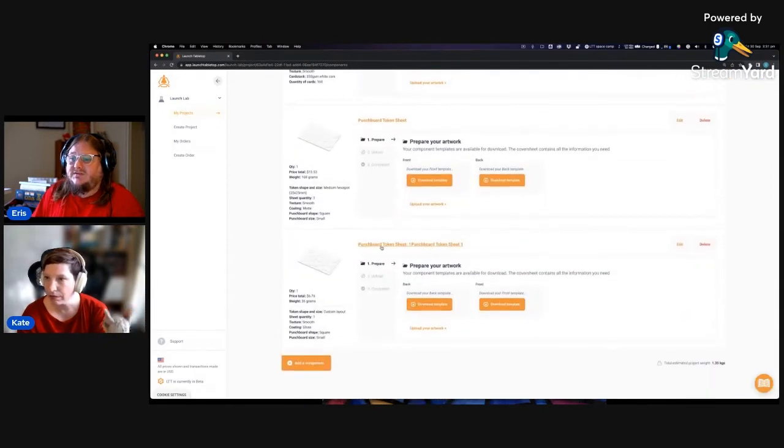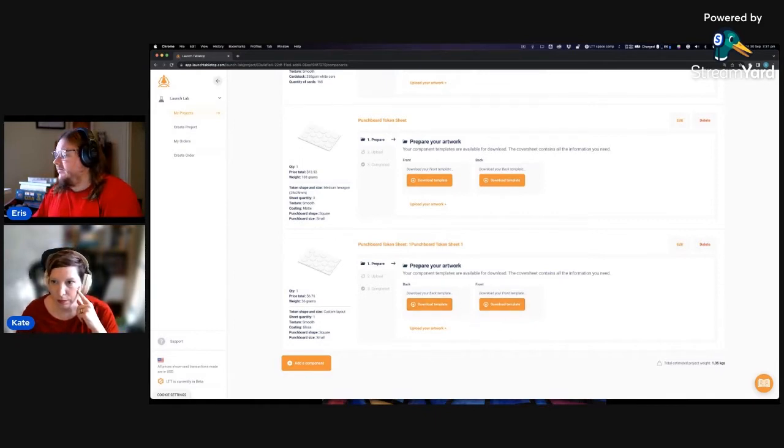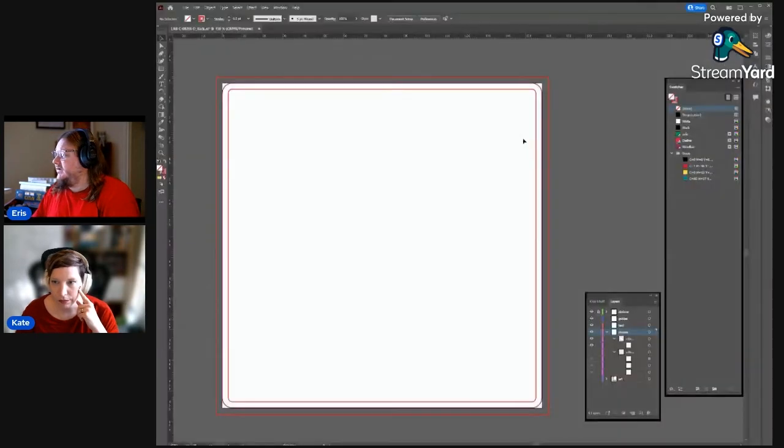It will generate the template files. Kate's already downloaded the template for this one, but when you come to do it, you can download them for your project as well. All right, so Kate, I'll move over to your screen. There we go.